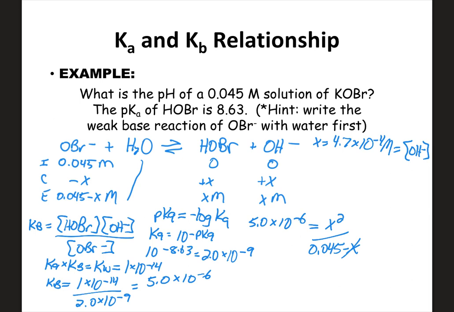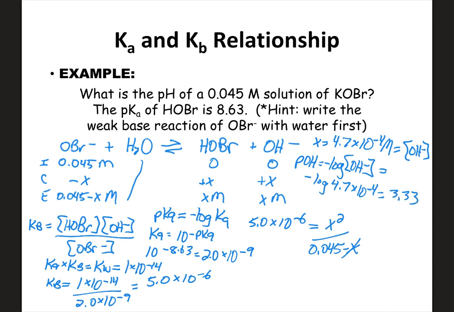All right, you want to find the pH? Well, you're going to have to get a pOH first. We know that pOH is equal to the negative log of the concentration of OH minus. So we're going to have the negative log here of 4.7 times 10 to the minus 4th, and that's going to give us